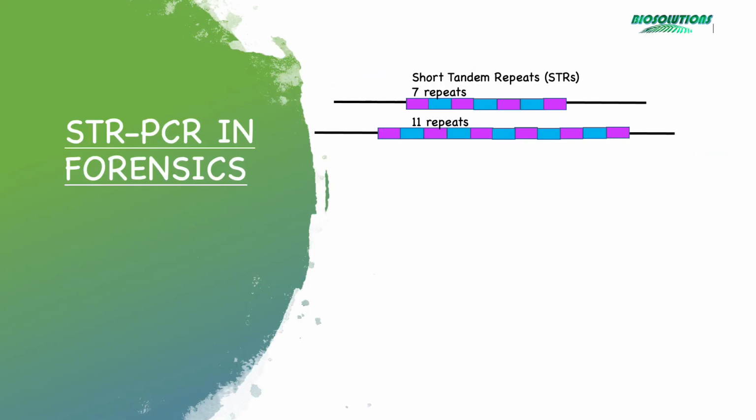STRs, or short tandem repeats, are 2 to 7 base pair long repeats which are distributed throughout the human genome. Their repeat numbers vary from one individual to another and therefore can be used for DNA fingerprinting. As we know, DNA fingerprinting is an important technique in determining genetic identity, which can be used in paternity tests, forensics, criminal trials, and even for the screening of genetically modified foods. Here we are analyzing two individuals' STRs, which differ in copy numbers and after PCR show different bands on gel.